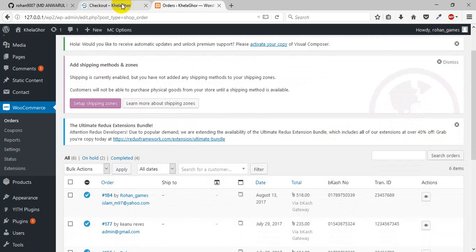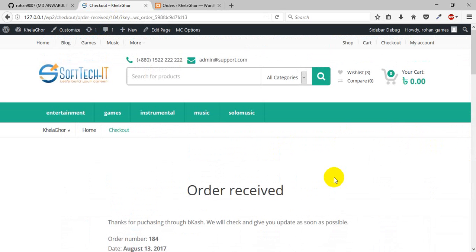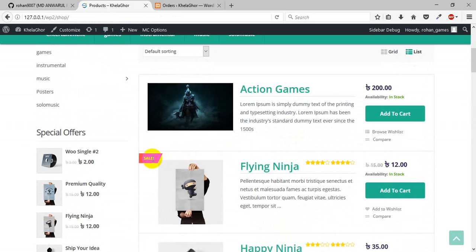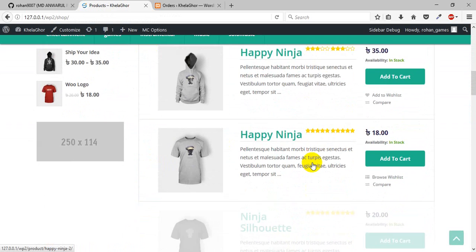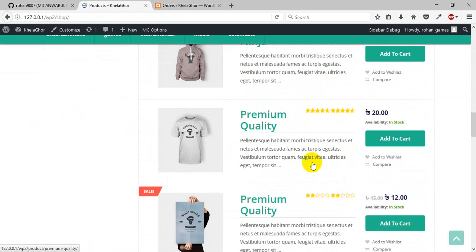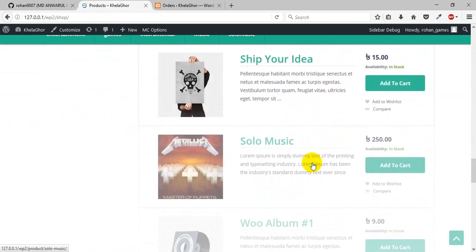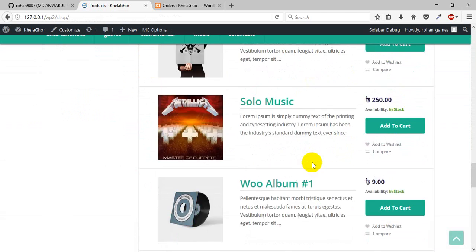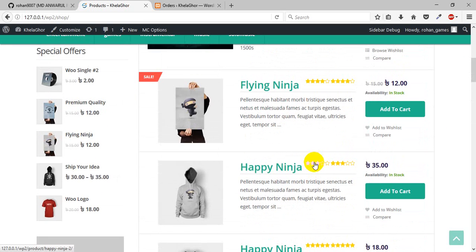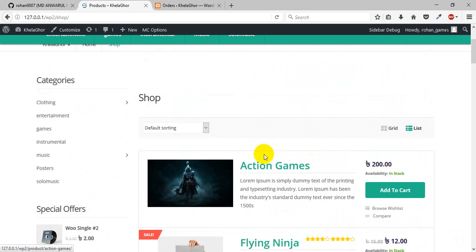And one thing I forgot to show, that is some other things like the sale offer can be seen from here very easily, so the customers can choose these products on their priority basis. Well, this is the sale. It also can be chosen from the